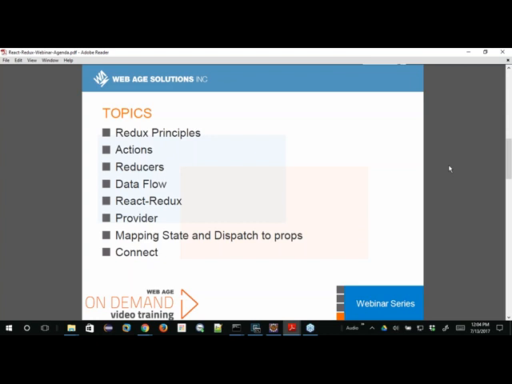Redux, which is by using the provider. We'll take a look at that. And then by mapping state and dispatch. Dispatch is the way that you're going to get actions to run. And finally, the last thing you do in each of your components is you run connect, and that wraps the component inside of Redux and makes sure that all the state is available to the component. So let's take a look at our